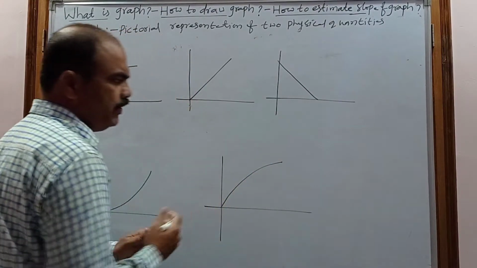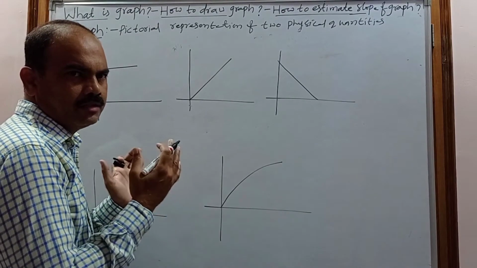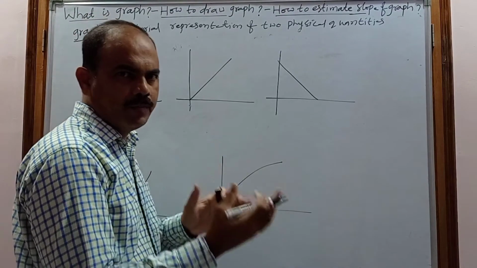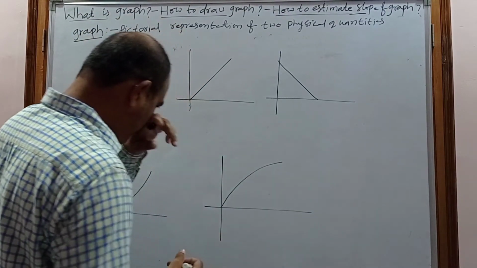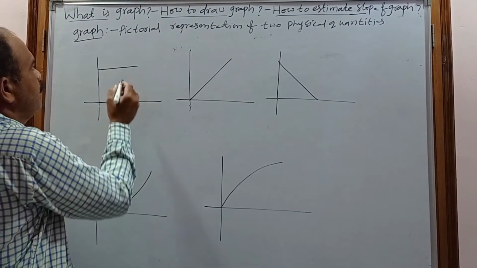So how can we estimate the slope? Whether the slope is constant or the slope is changing, the slope is positive, the slope is negative, or either the slope will be zero. How can you estimate it? To estimate the slope, the simple trick is,